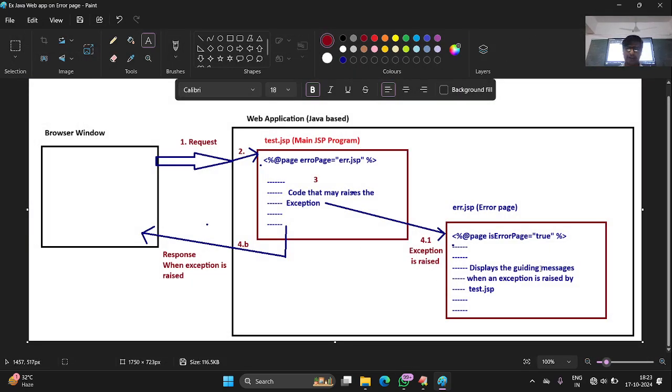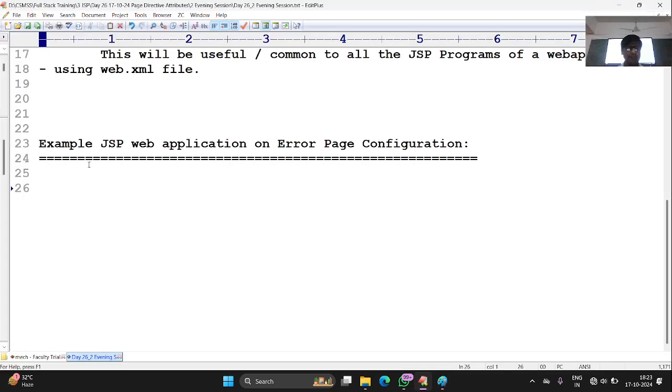Okay, guys, now let's create a web application. But before creating the web application, let me add one point. The implicit object exception